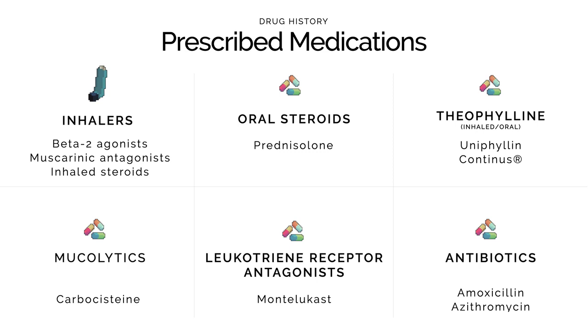For example, beta-2 agonists and muscarinic antagonists are used to open up the small airways in the lungs. Inhaled corticosteroids are used to reduce inflammation in the lungs and avoid some of the systemic side effects of oral steroids. Patients who are having exacerbations of disease may be placed on a course of oral steroids.